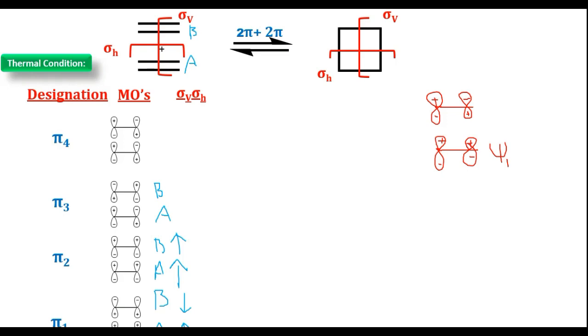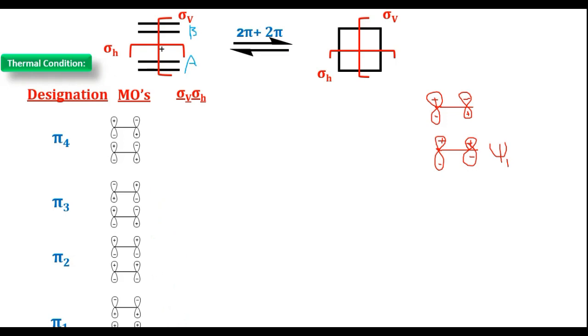So friends, one more thing, you can write psi 1, psi 2, psi 3, psi 4, not a problem. You can easily write it like this also. So this is another way to remember these molecular orbitals, but the last explanation is very good to understand. Somewhat you can be confused.